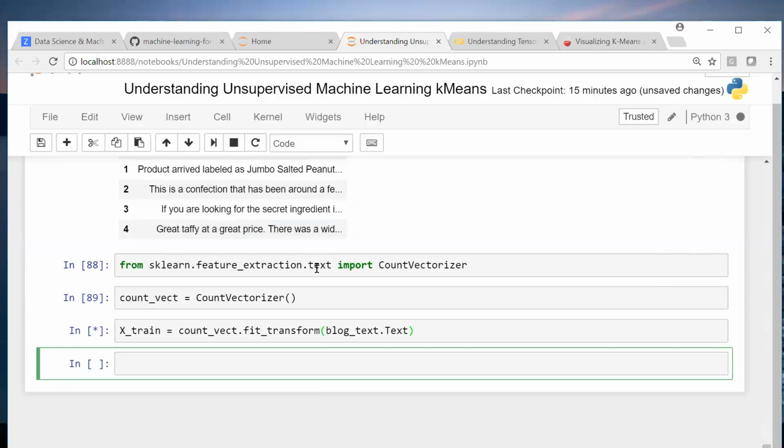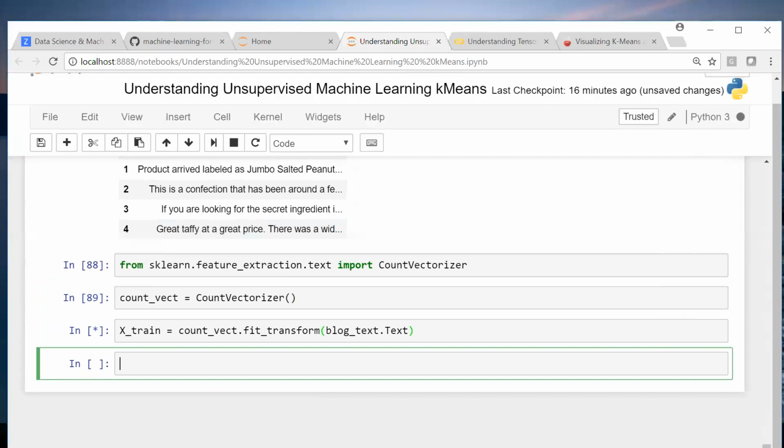Label encoder you'll use only when we have fixed options like male, female, location, or how many departments. Here it is not fixed. So we do count vectorizer, take the maximum words.